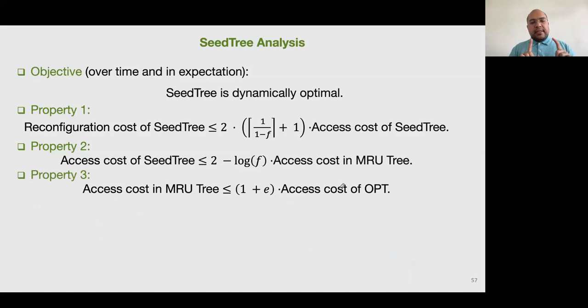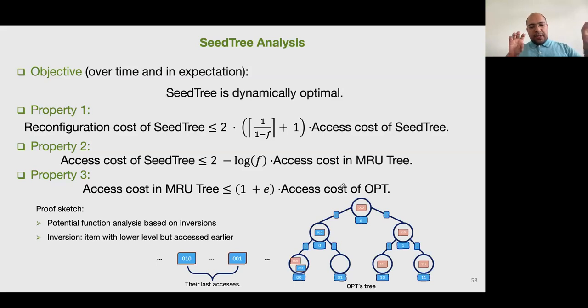And the last step is that we want to show that the access cost of this MRU tree is proportional to the optimal offline algorithm. And what we do here is similar to the classical analysis that I have for the list access. But the difference here is that in the list access, you compare the least recently used algorithm, or your algorithm, with the optimal algorithm. But we have this intermediary MRU algorithm, and we define an inversion between two items, these two tuple items,